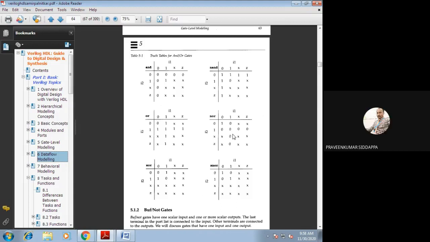X is nothing but what? 0 or otherwise 1. 0 should be multiplied into 1, 0 only we are getting. 1 should be multiplied into 1, X only we are getting. Okay, next you should take X is equal to 1. 1 should be multiplied into 1. X only we are getting. So because of that reason, your output is X. Is it clear?